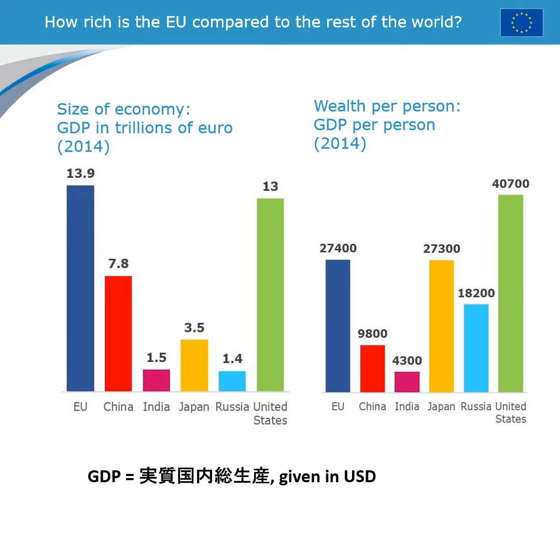How rich is the EU compared to the rest of the world? If you look at the left column, it's the gross domestic product, GDP, given in US dollars. That is the value of everything that is made, manufactured, economic activity conducted in a country or in a group of countries like the EU. And if you look at the EU countries, 28 in 2014, the GDP was higher than the United States.